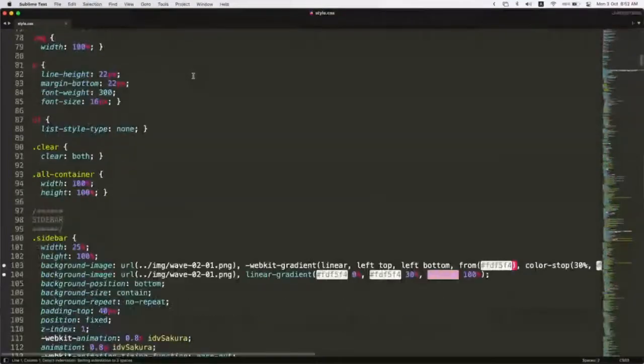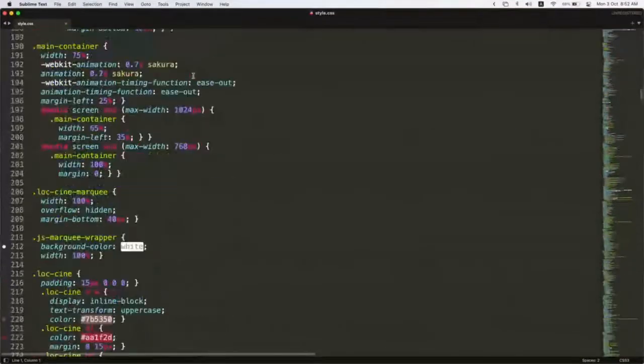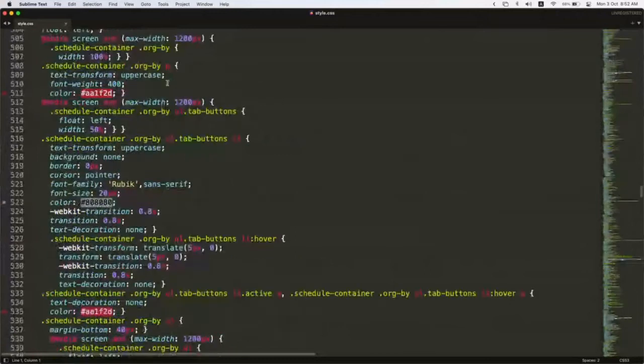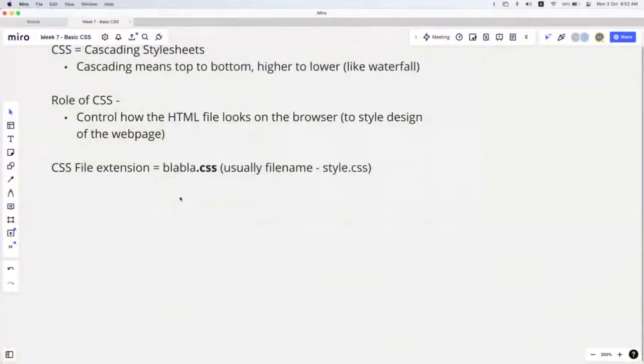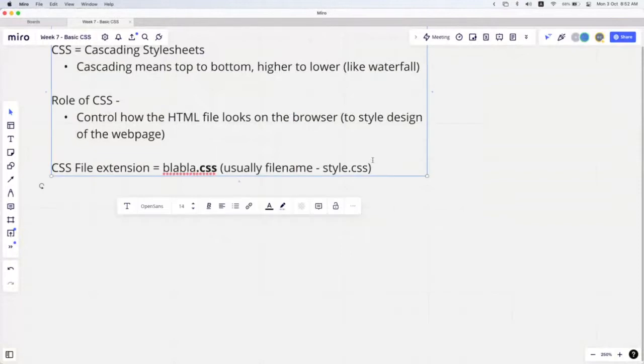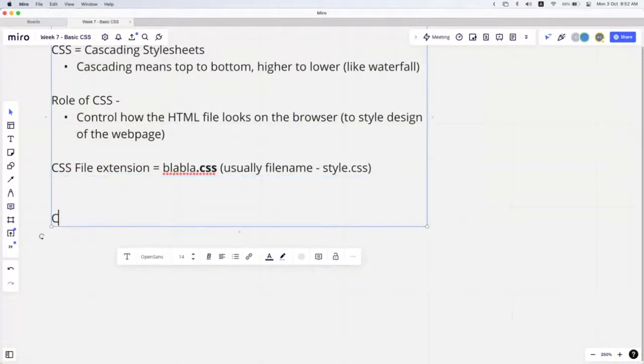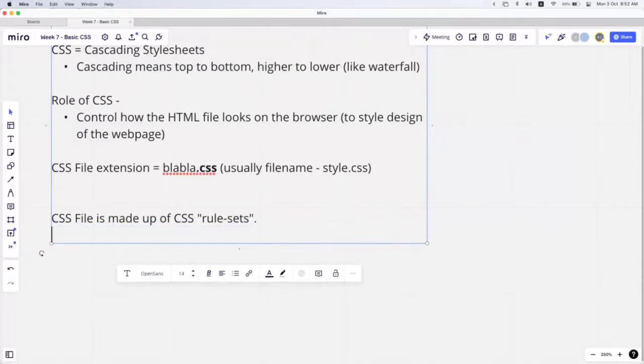Okay, looks a bit complicated, but it will make sense. It consists of all this stuff. So to simplify for you, don't worry, it looks complicated, but it's not really. Okay, so a CSS file